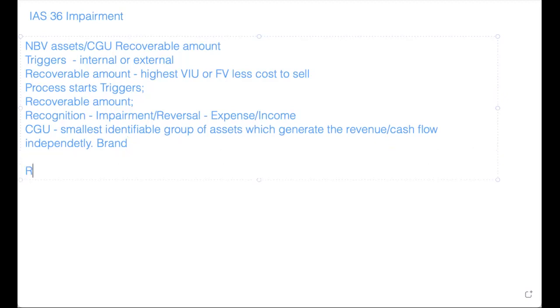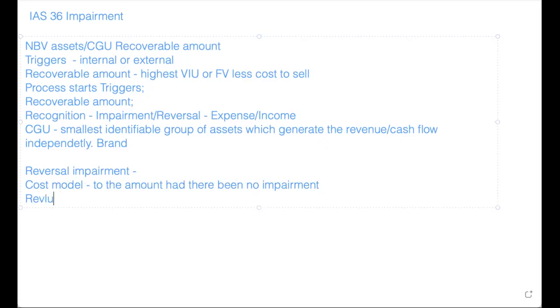Let's finally talk about the reversal of the impairment. The reversal of the impairment for the cost model is restricted to the amount had there been no impairment. So if we had an impairment in the prior year and in the current year we don't have the impairment, we need to reverse that impairment figure. We should calculate what would have been the carrying amount of the asset had there been no impairment. Okay, but for the revaluation model,